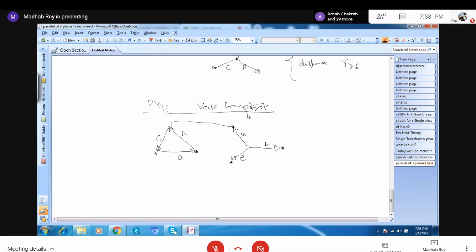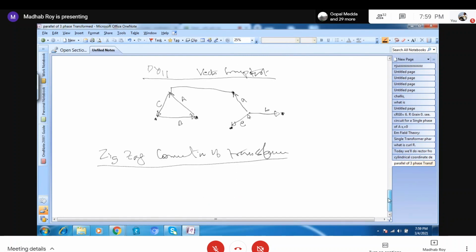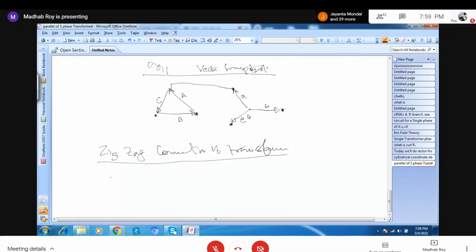Now we will go for the zigzag connection of the transformer. One connection of the zigzag transformer, we will see what is the zigzag connection. Zigzag connection of the transformer. So here the secondary or primary is a single winding,